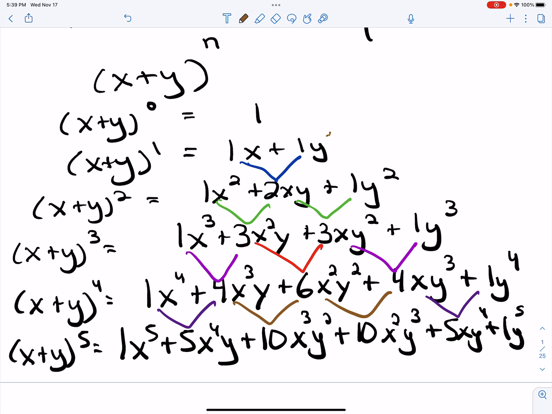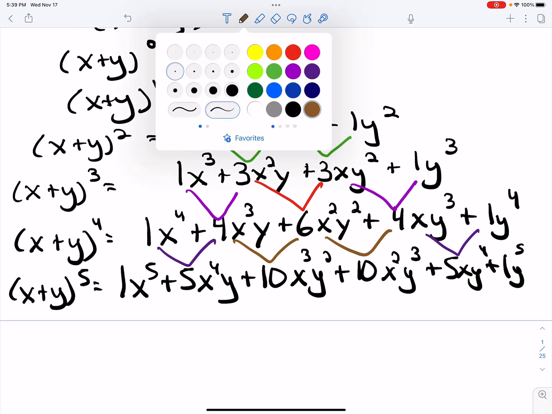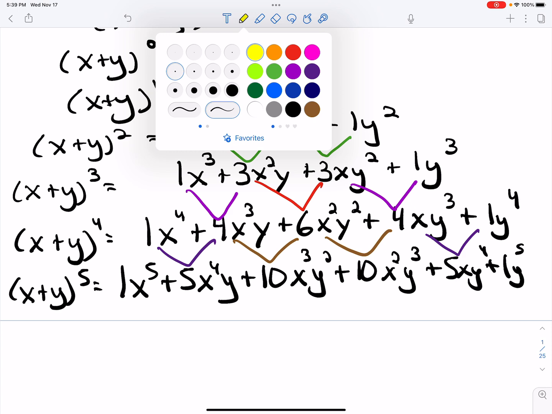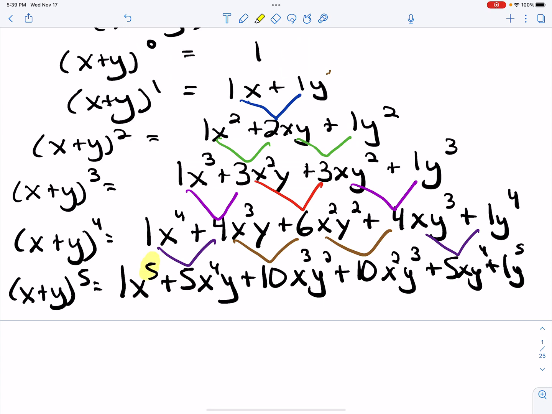Cool, huh? Notice also the pattern for your x's and y's and their exponents. Let's just go down to that last one. Notice that for those x terms, yellow's probably not going to show up, is it? I'll make that black again, and then I'll highlight. Notice the x terms, the exponents, it's understood to be a 1 there, they count down. Like the power was 5. Notice that x started with the 5th power in the first term. Then it goes 5, 4, 3, 2, 1, 0. You don't see the 1 because we don't write it, and then you don't see x to the 0 because that's just 1. And then notice for the y's,